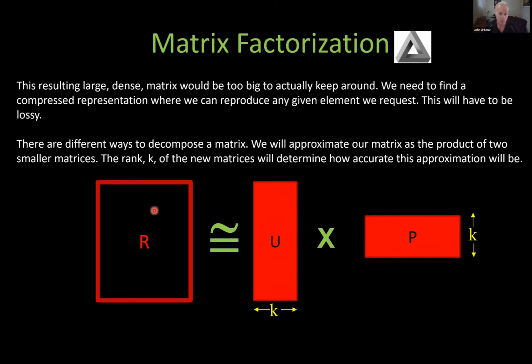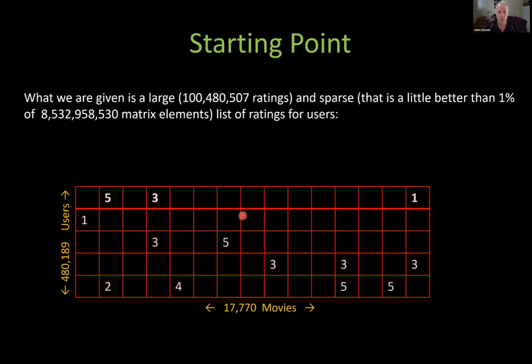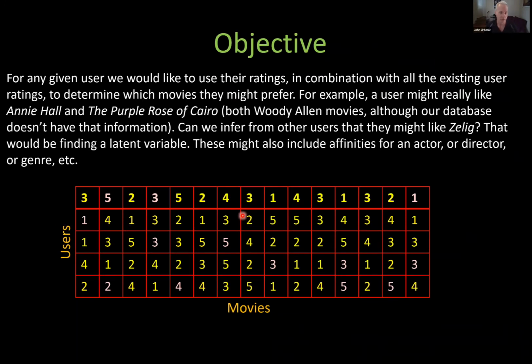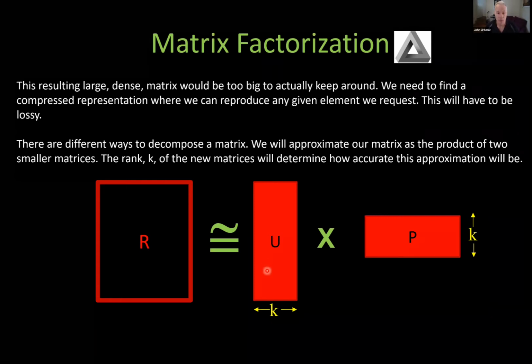This original matrix is 8 billion elements, and we can get this thing all the way down to 17,000 by, what did we say, however many users there were, 80,000. So we can get this down to 17,000 by, how many users were there, just so we can keep some real numbers here, 480,000. So we can obviously have a lot fewer elements to generate this original matrix here. So we're going to lose data. We're going to have a lossy compression scheme here.